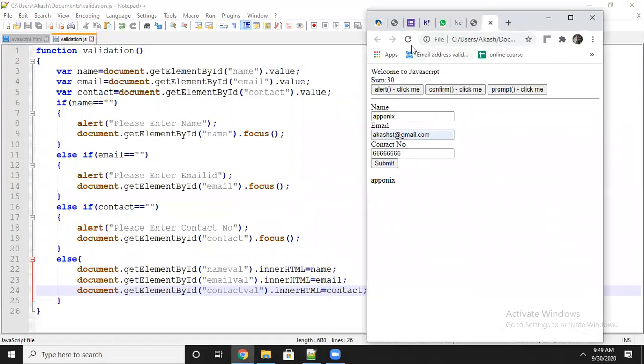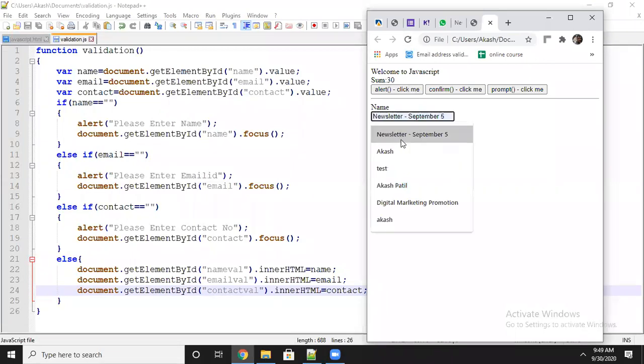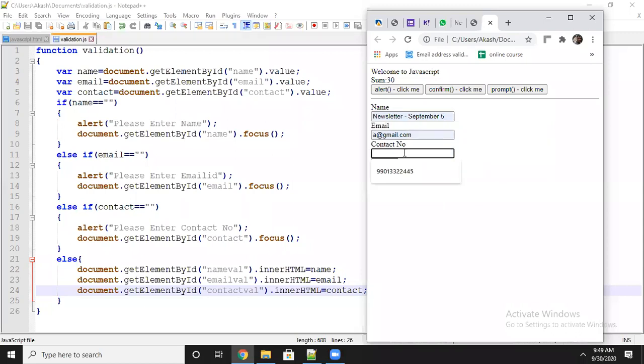Let's see now. I will make it refresh. I will enter each field. Now see, all the values are printing here. The purpose of doing the validation is to get the correct value. If you do more levels of validation, you will get that much more accurate data. If you have not done any validation, what is the problem? You won't get the proper data.